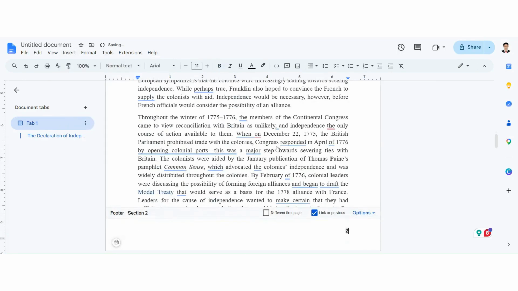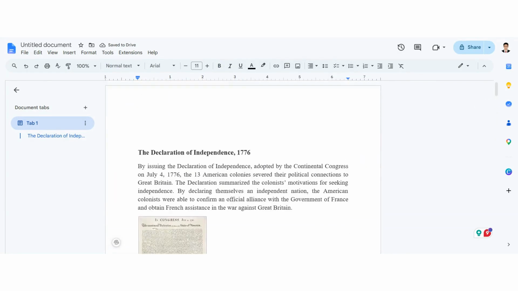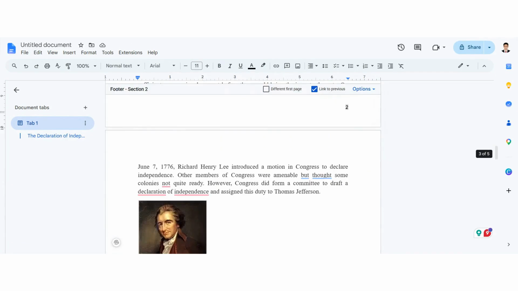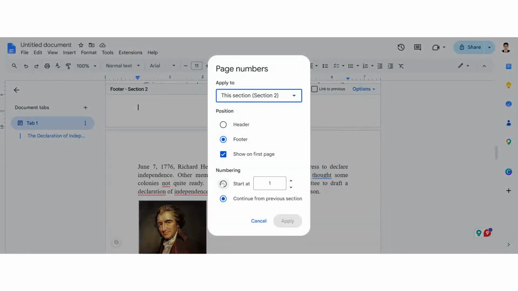So now you have to go to Insert again, then Page number. I will choose this one. Okay, so look, my first page is showing page number 1 and this is page number 2, but this 2 should be 1. So how can I do this? So click here and click the Options, then Page number,